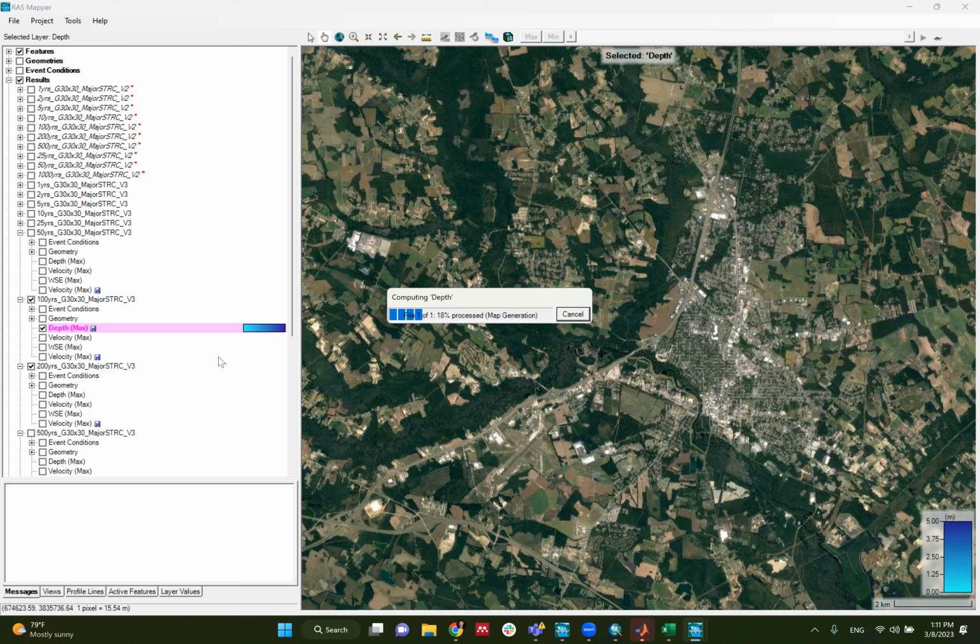Where can I find the stored raster map? You will go to the folder that you are saving your model in. So this model is saved